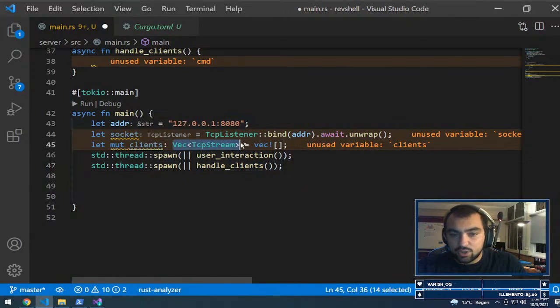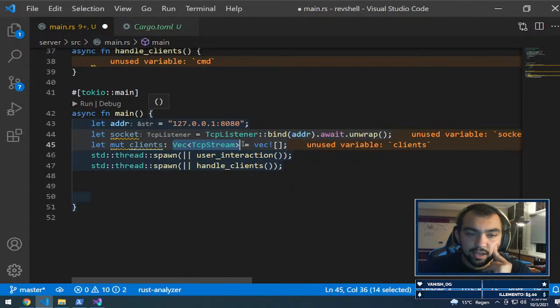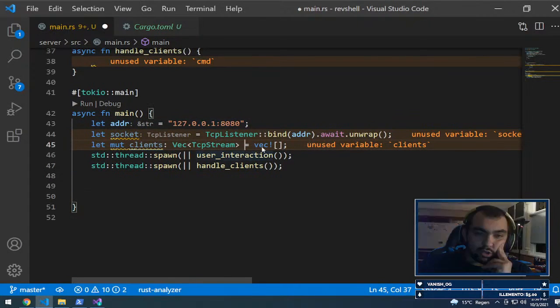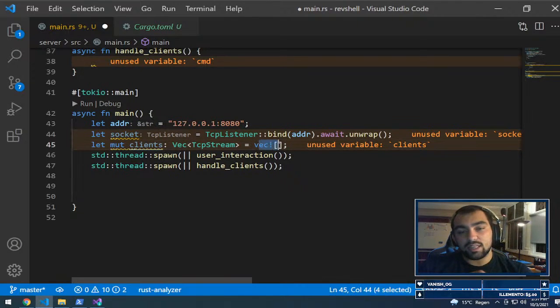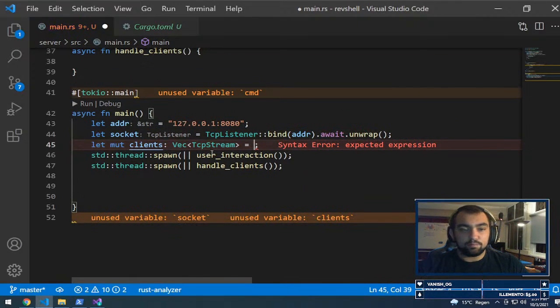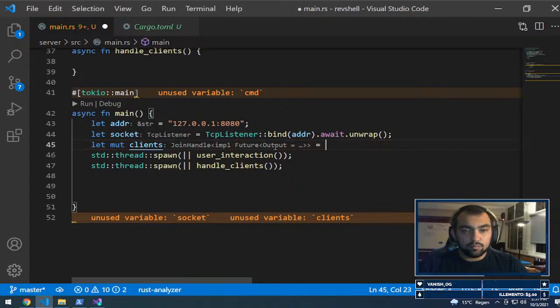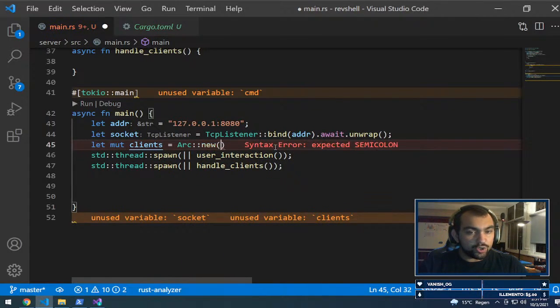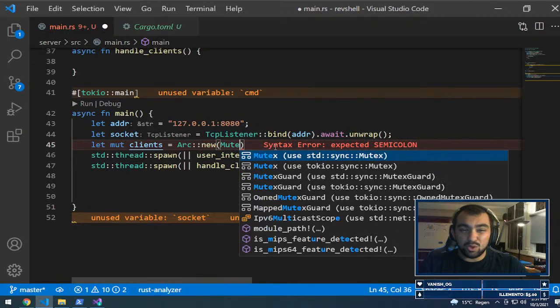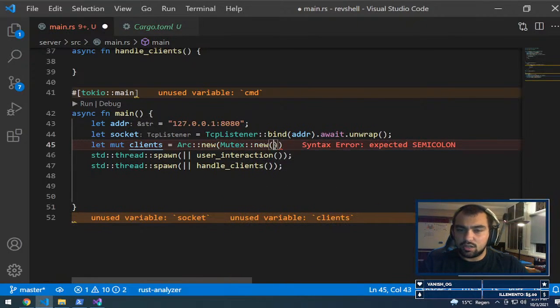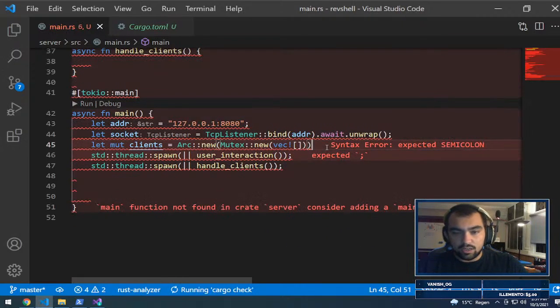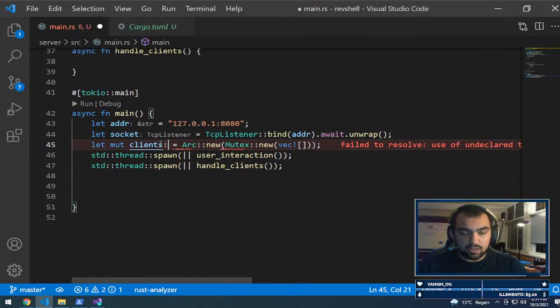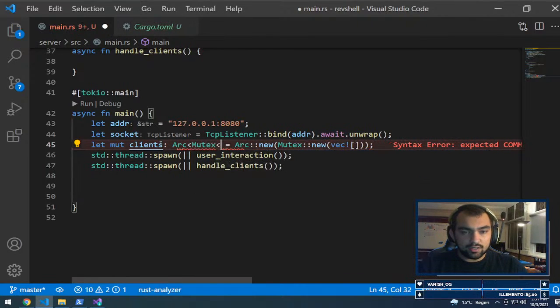So what we want is for the client list to be here, but for that to happen, I need to make this into something that can be sent through threads and that can be cloned. So a vector won't cut it. So I probably need to do something like an Arc::new, Mutex::new, and then I put my Vec, right? So now this is an Arc Mutex Vec